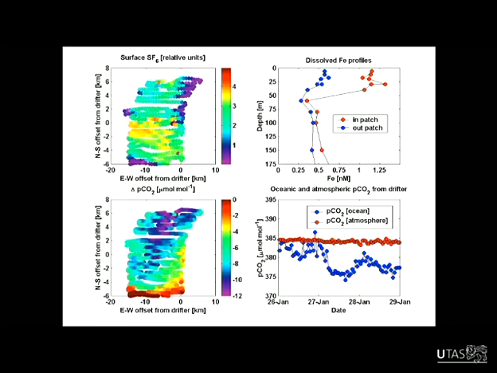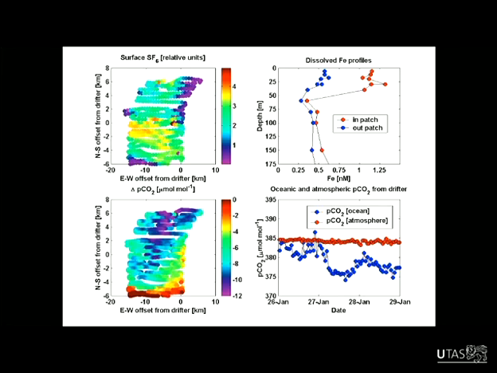So this is one of the patches that we fertilised, and it was about 15 kilometres by about 15 kilometres. We fertilised it in this fashion, mowing the lawn back and forth, pumping the iron out the back of the boat. Then we go back and make some measurements to see what the iron has done to the phytoplankton. We measure sulfur hexafluoride, and we see high levels, which means we're going over the correct patch. If we measure the CO2 concentration of the surface waters, we see lower CO2 concentrations in the fertilised patch, because the phytoplankton have had their photosynthesis stimulated, and they're starting to suck up CO2 out of the surface